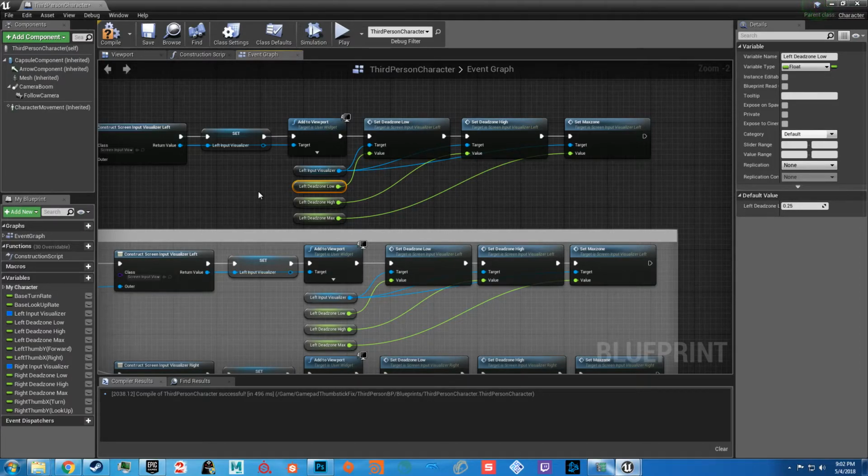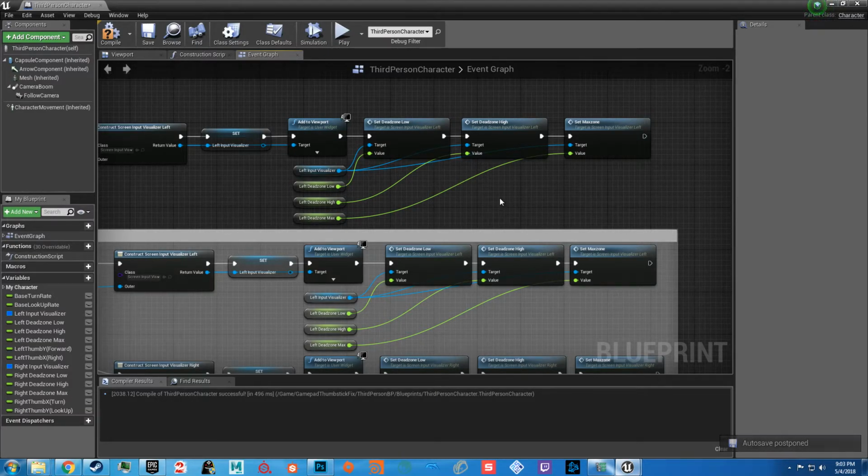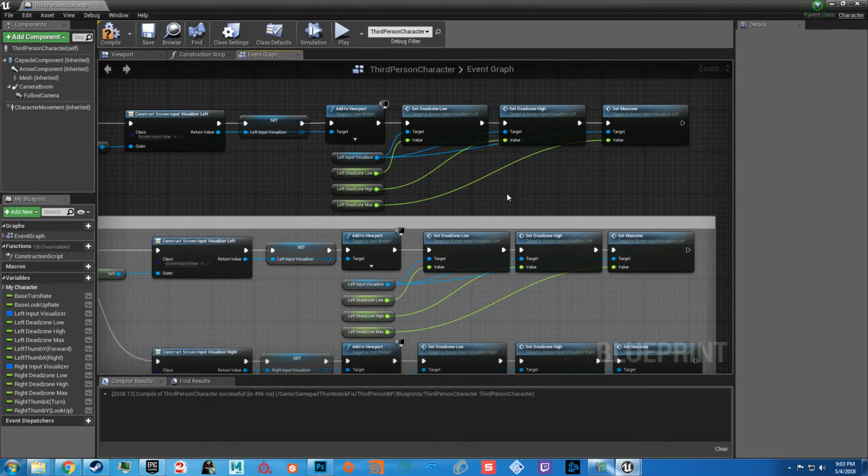This is actually another good thing about having this type of deadzone set up, is that for older controllers that can have a little more wiggle room as they're resting, if you increase the size of the deadzone low, that means that you aren't going to have your character accidentally move around when you don't want them to, because it didn't snap back to the center quite as nicely as you wanted it to. Anyway, ignoring that,